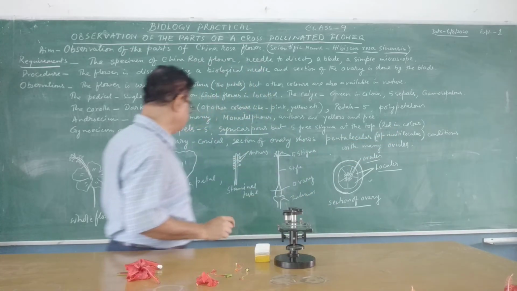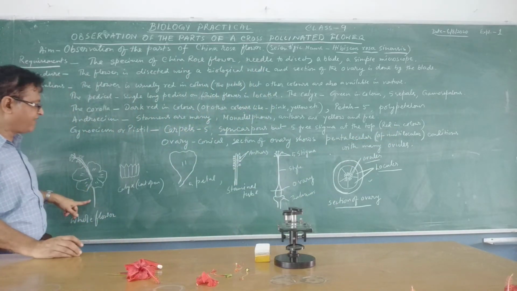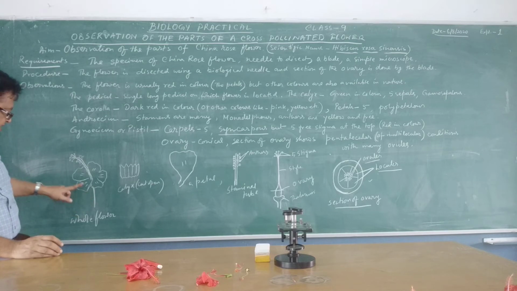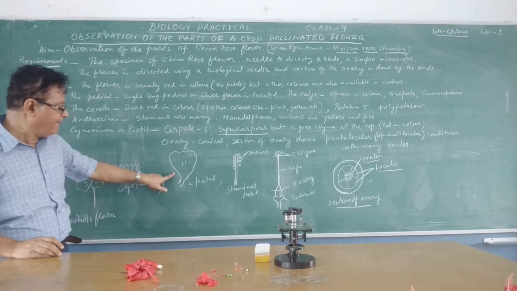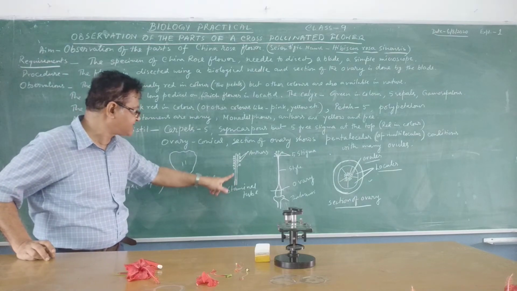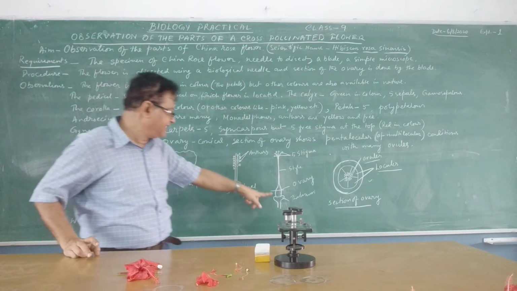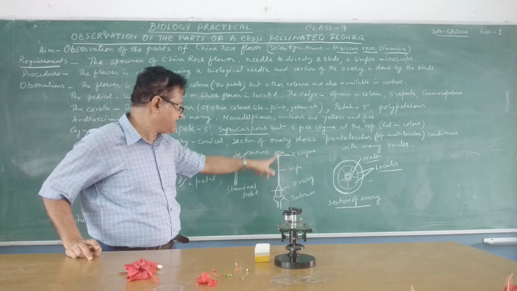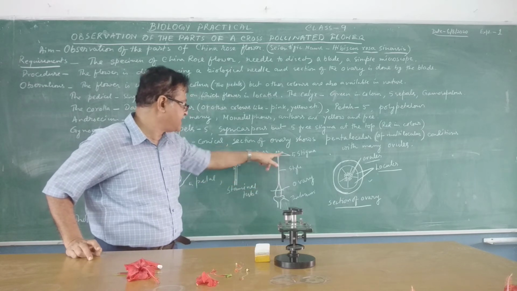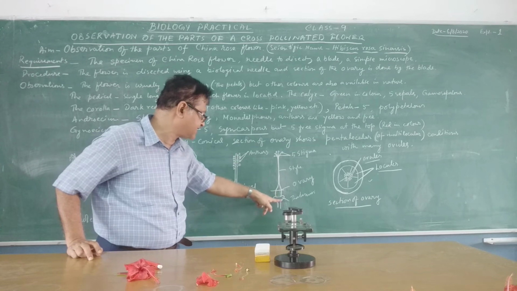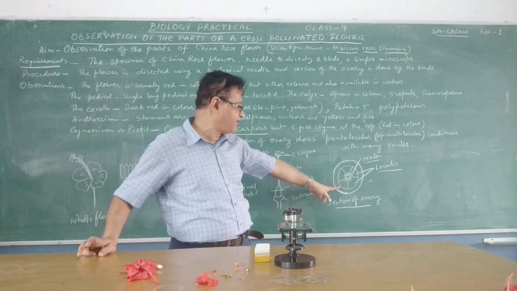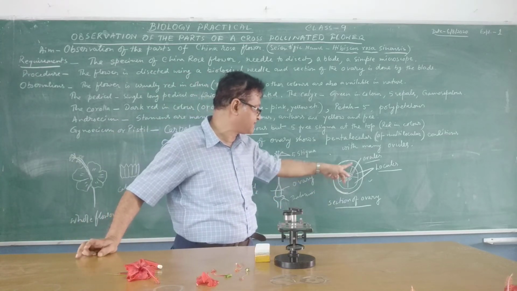Now I will show you the pictures. These things you have to draw on your plain side. The whole flower, calyx cut open, petal, the staminal tube cut open, and this is the pistil. Style, 5 stigmas, the number is fixed, conical ovary, this is the thalamus, and this is the section of the ovary showing 5 chambers.